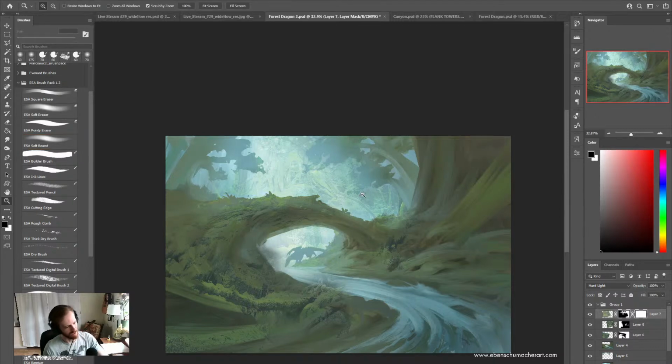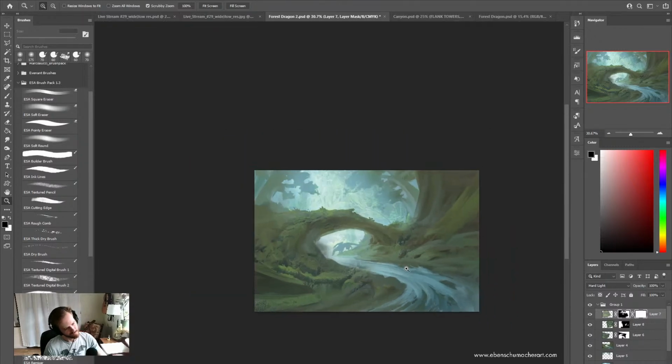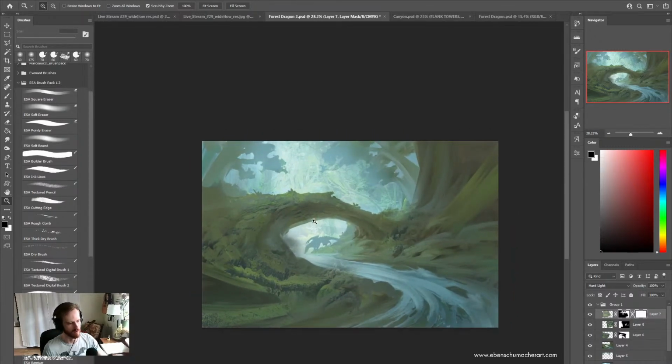I do like how that background is looking though. Let's compare. It's just a little bit more interesting. There's a bit more saturation and variety there. And you know, we can always go back in later and tweak things a little bit, paint over them. That's the thing, once you put the photo textures down, it's not like you have to keep them. You can merge them down and